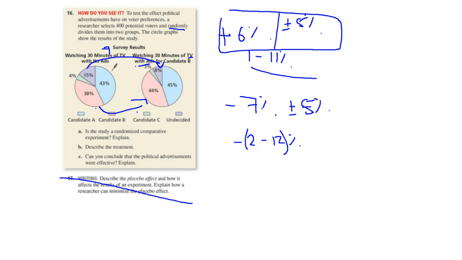So therefore, the undecided people would want to vote for candidate B if we show them the TV with ads for candidate B, right? So everyone else is kind of useless. The undecided are the way to go,